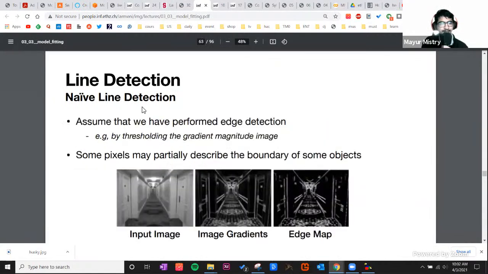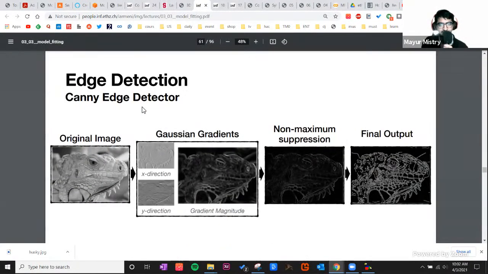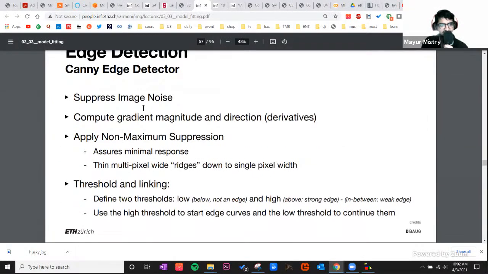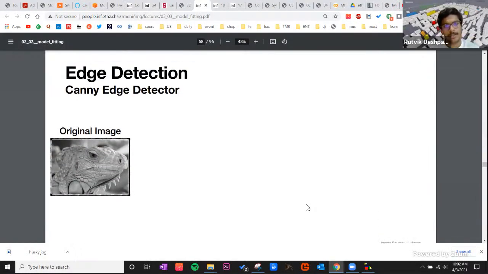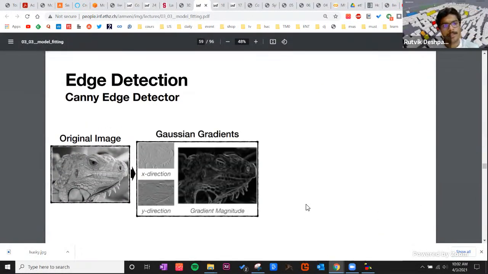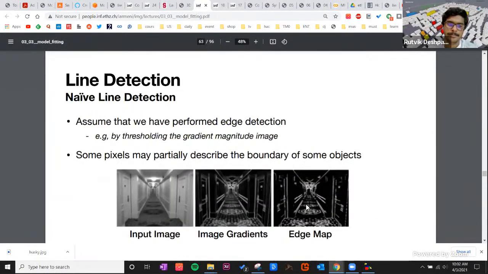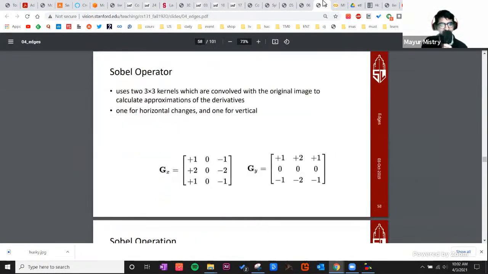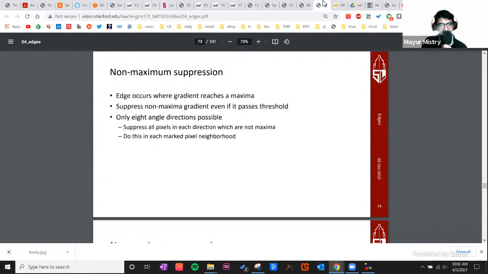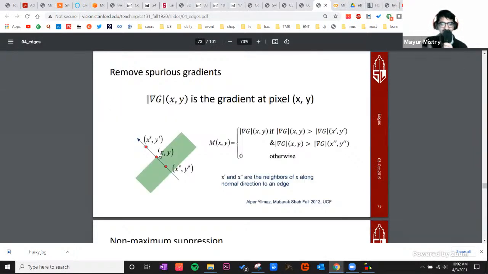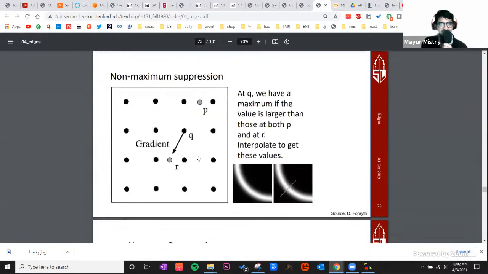All right. So I think there was also another component of threshold. Yeah, threshold and linking: below, not an edge, above, strong edge. So basically thinning the pixels or the wide ridges they called. I think I don't want to go much in detail, but there is a really good image I saw. Yeah, I think this, where you can see using that gradient, in that perpendicular direction, you can remove those thin edges